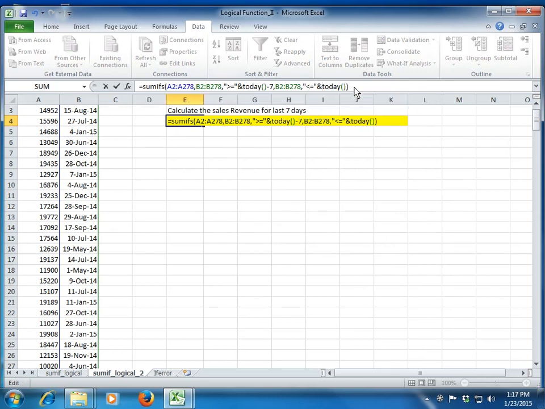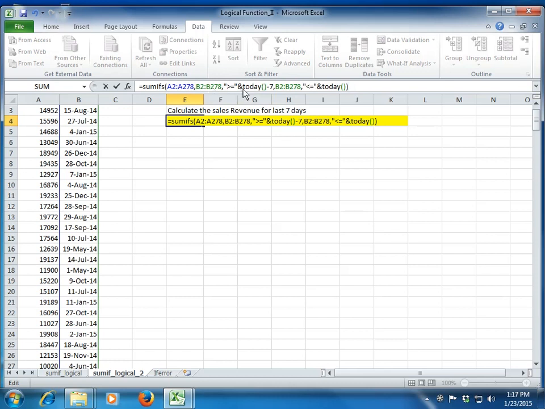Now I have completed my formula and I close the bracket. Before I press enter, just let me explain what we are doing. We are trying to calculate the sales revenue for the last 7 days from today, and I want to keep this formula dynamic. That is, today is not decided, but whenever I open this Excel file, from that date, I want the sum of the sales revenue for the last 7 days, right? So I am giving it a sum range and criteria range.